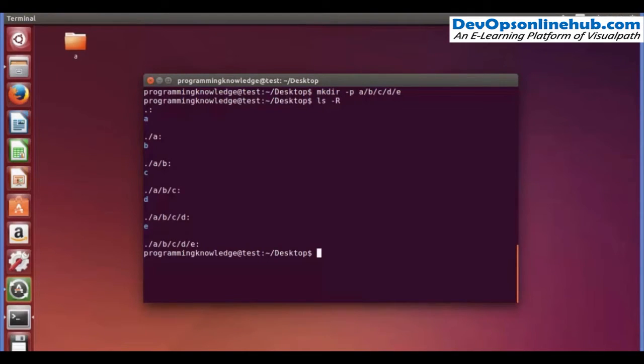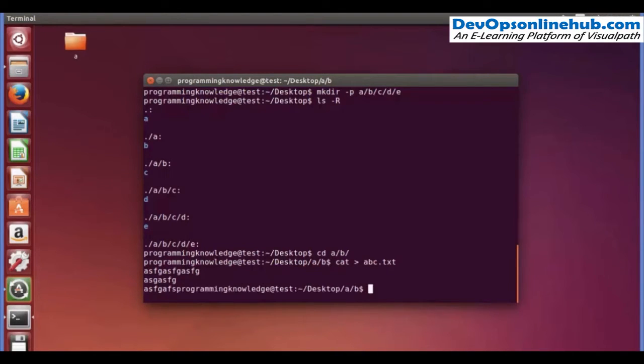Now, for example, I want to cd to the A/B directory. Okay, so now I am in the B directory, and here I want to create a file. So I will just write cat, and say abc.txt is the file I want to create. Then I will give some random text here, and press Control D to indicate the